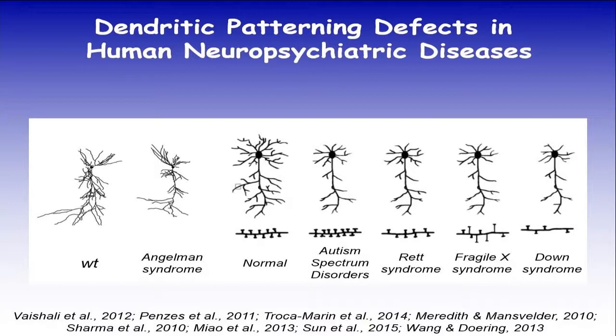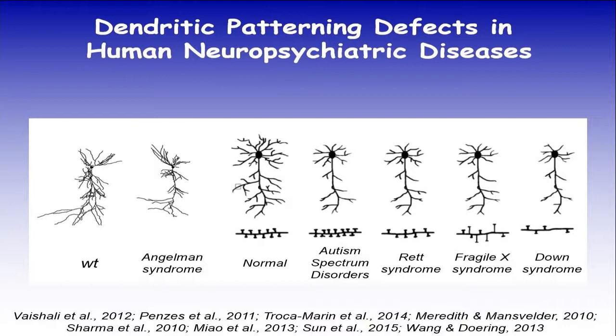So from a biomedical perspective, studying the dendritic morphologies and the synaptic specificity has important implications. And here I list a bunch of pyramidal neurons that have been traced out from different kinds of neuropsychiatric diseases that you might recognize. They are all genetic based, and most of them actually have developmental origins. And the list actually goes on much longer than that.